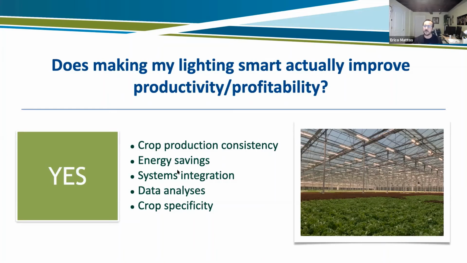So if you are installing your lighting system, look for a smart lighting control. And again, there is a wide range out there. Utility companies are now doubling down on that. They are giving rebates on that as well. Everybody knows about the rebates on the lighting itself, just for being more efficient. But now the utility companies are looking into the controllers as well.